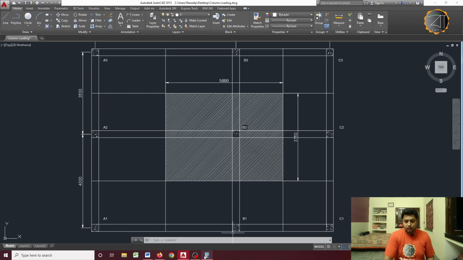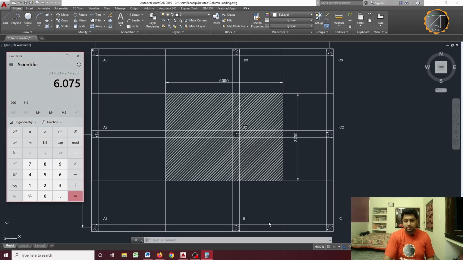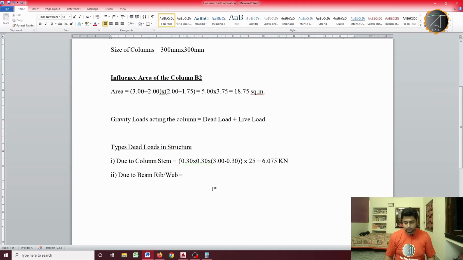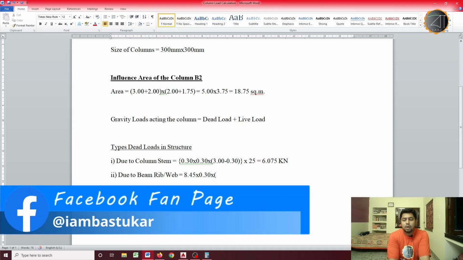So our calculation will be like this: 5 meter plus 3.75 meter minus 0.3, 8.45 meter is the length, multiplied by width, that is 300 mm or 0.3 meter, multiplied by depth, the depth of the web or rib,